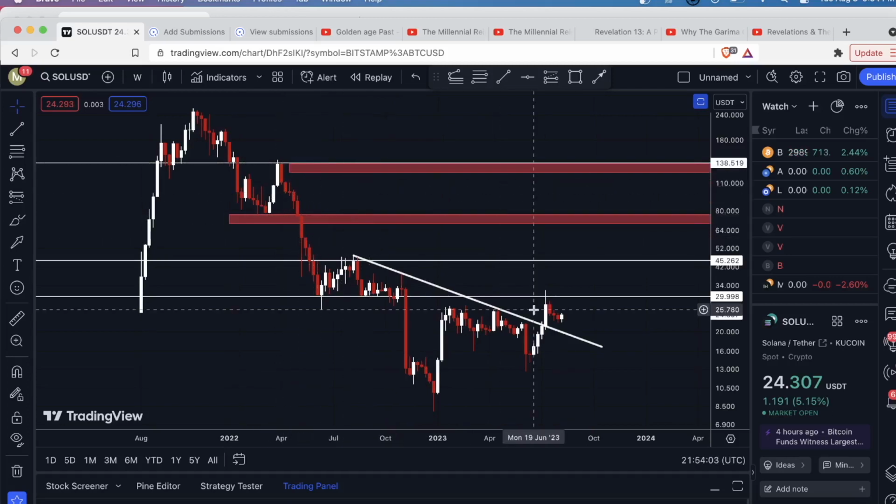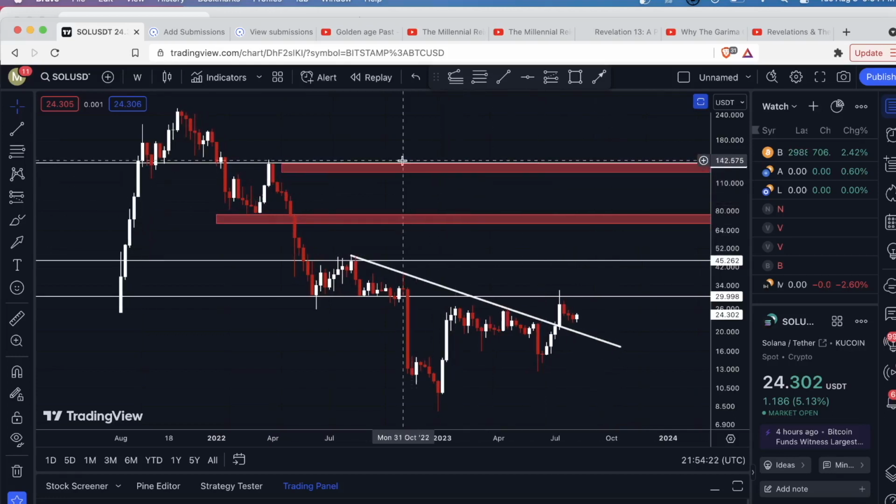Okay, so if this breaks, I'm going to target this. The first time we approach this level, I'm going to anticipate that there are probably going to be people that step in to sell. Maybe from there, the price retraces back down, and then it works its way up like a staircase, right? Another way you can get these levels, aside from just looking left at the previous price action,